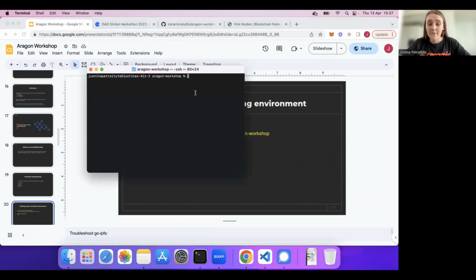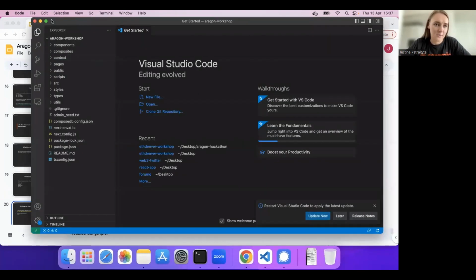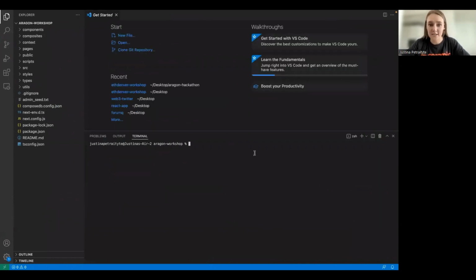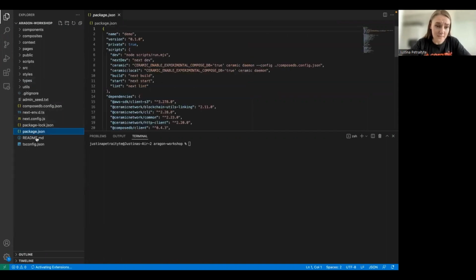Okay, so I have this repository already available on my machine. I cloned it already, so I'll just open it in my VS Code because that's my code editor of choice. And then I will do the majority of things here. As you can see, I have quite a few files. The first thing that I will do is quickly install the dependencies.